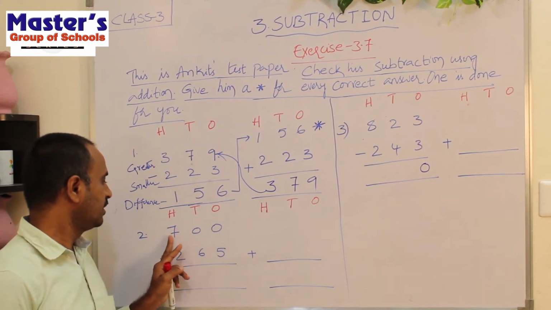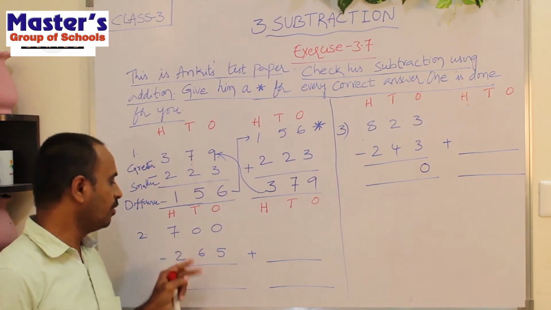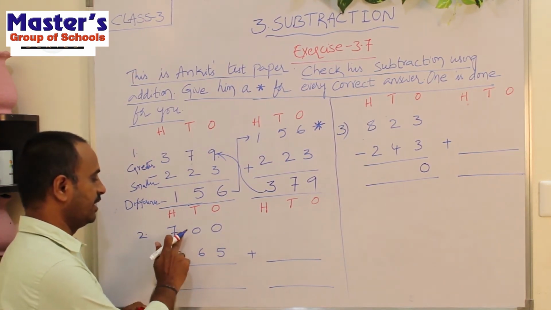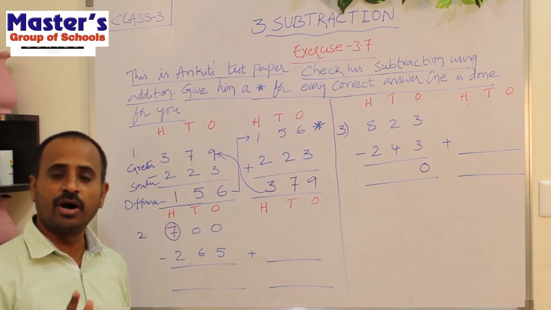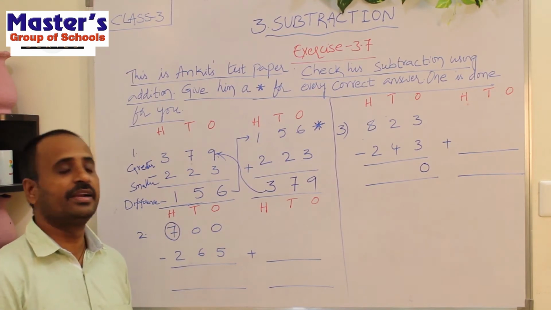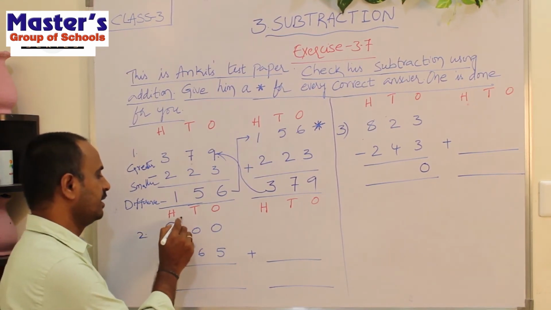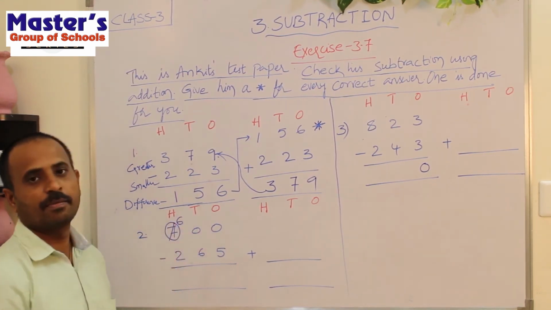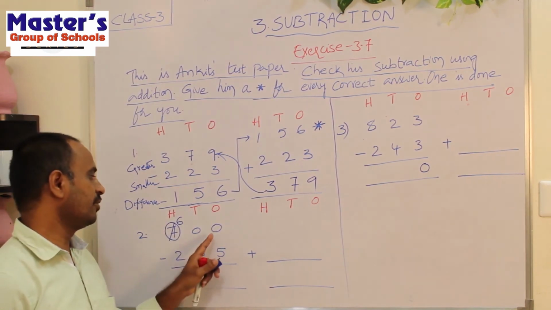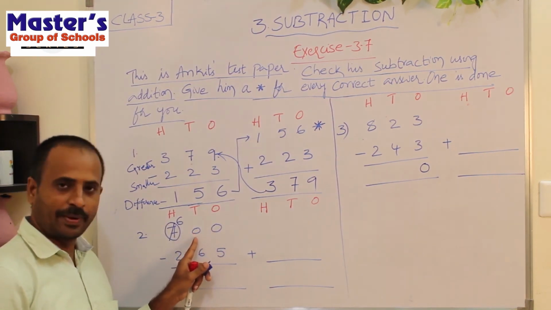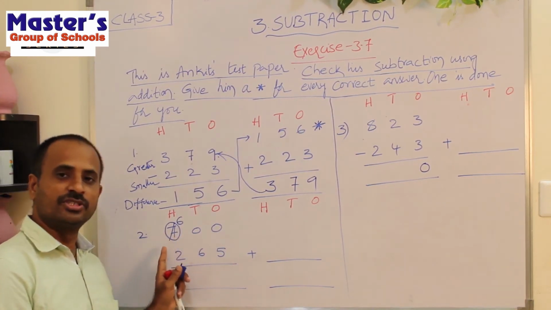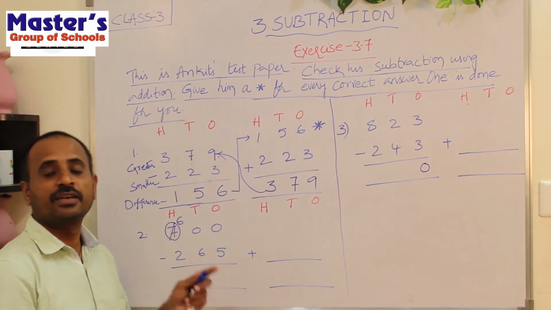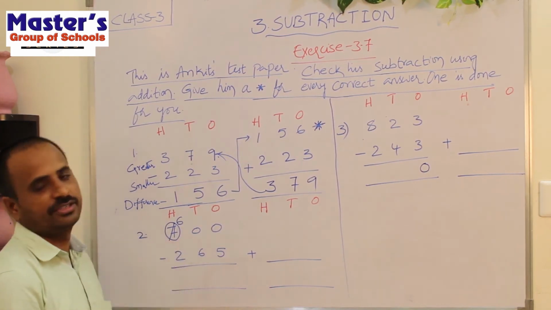What is the next place? Hundreds place. How many hundreds are there? There are 7 hundreds. So borrow from 7 hundreds. If you borrow 100 from 7 hundreds, how many hundreds will be there? There will be 6 hundreds. So write 6. If there are zeros in the next place, then go to next place. Continue this process until we get a digit.